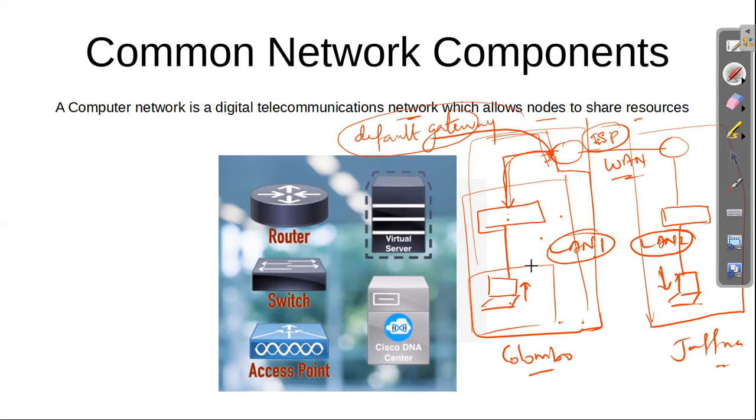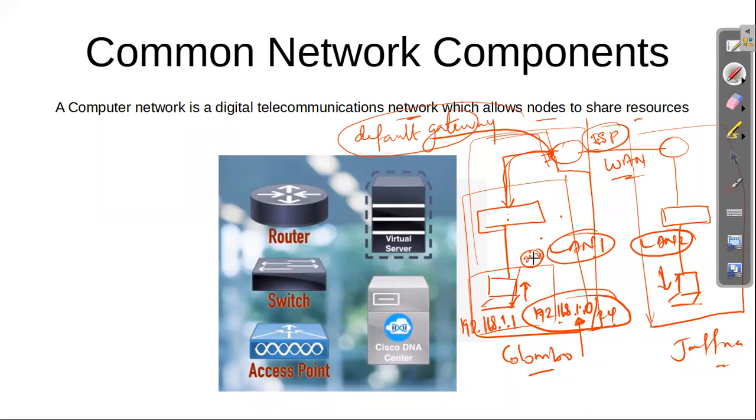So this may be the 192.168.1.0 network /24. Don't worry about these figures, I will explain what this is. This is the IP, this is the network ID. If we are assigning a specific ID to the client, the computer or the host, it looks like 192.168.1.1. It can start from 1 and go up to 254.